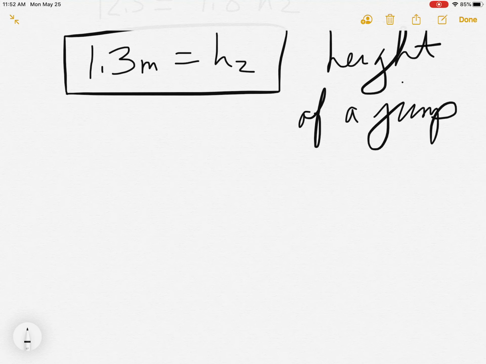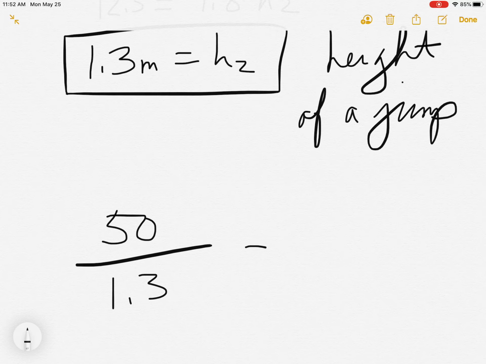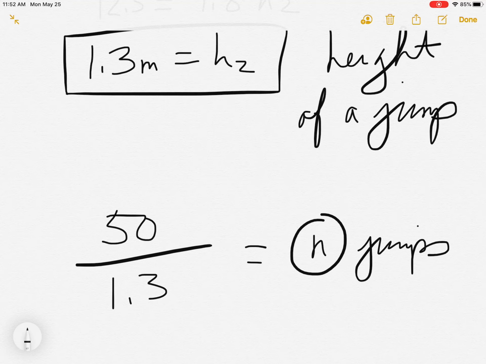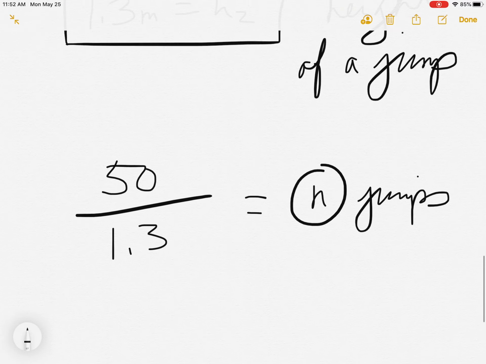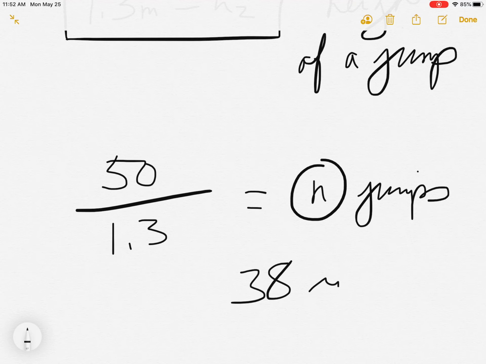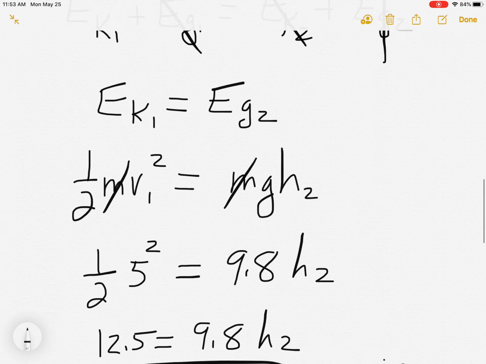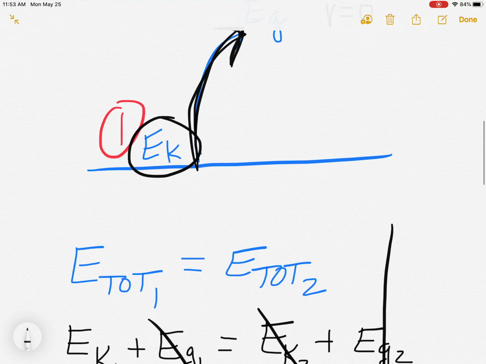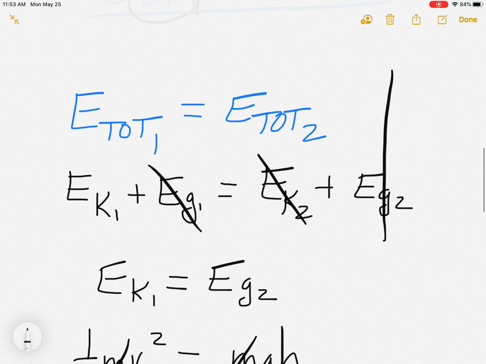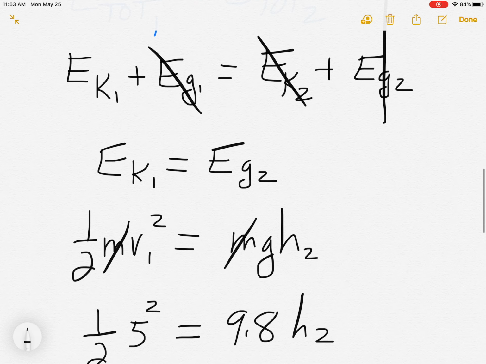Now that you know the height of one jump, which is 1.3, you have to get to 50 meters, so you can simply figure out how many jumps. N jumps. I'll put N. You'll figure out the number. 50 divided by 1.3 looks like about 38 jumps, because you can jump 1.3 meters each jump. Okay? So again, whenever you see jumping, think about how a jump works and think about the change in energy and use the conservation of energy equation to figure out either the h or the